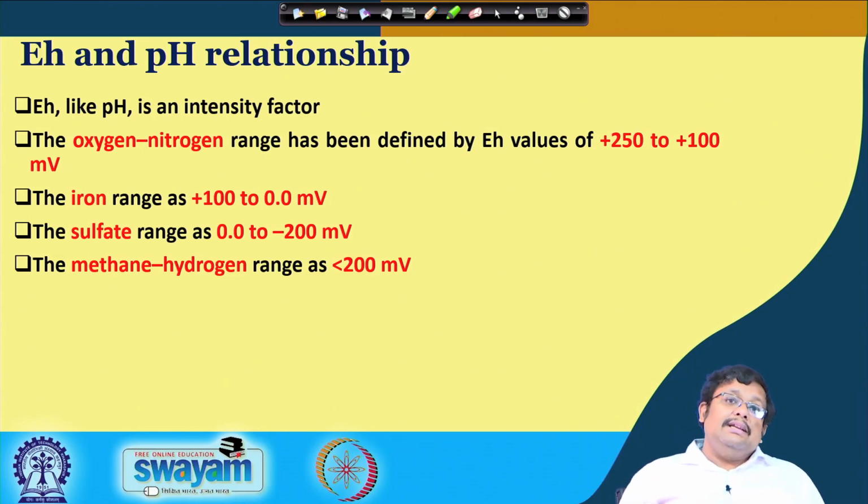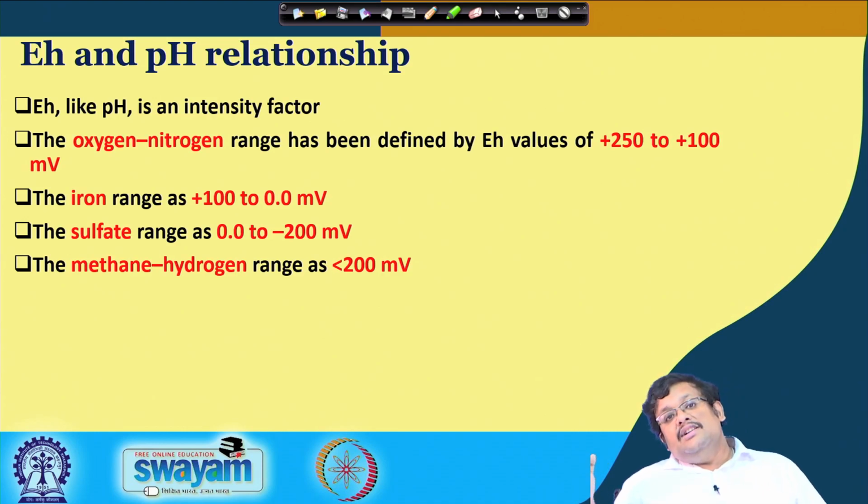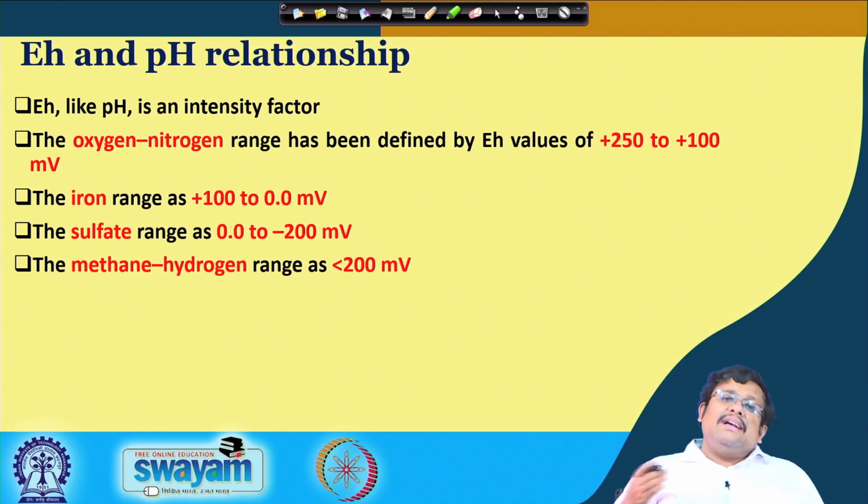However, in case of iron, this range of EH changes from plus 100 to 0 millivolt. In case of sulphate, it varies from 0 to minus 200 millivolt. In case of methane, it ranges as less than minus 200 millivolt. So, in the extreme,